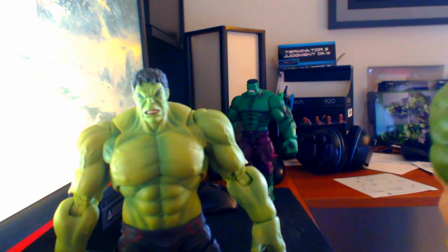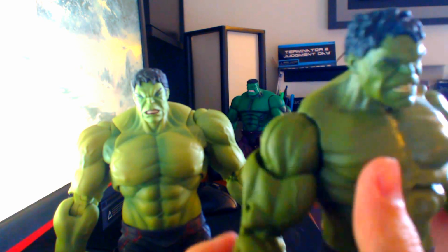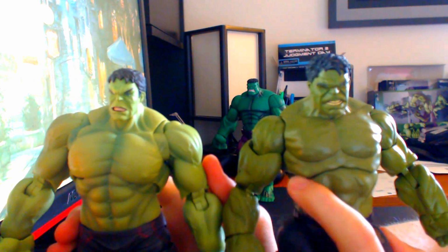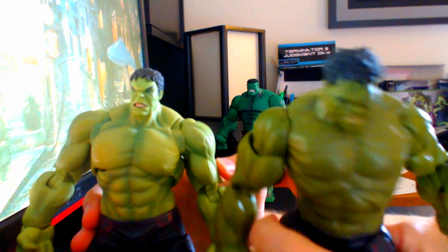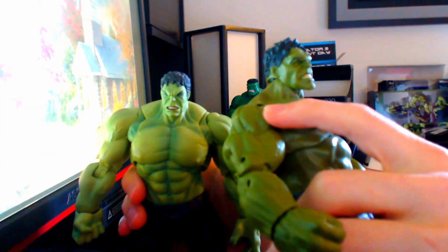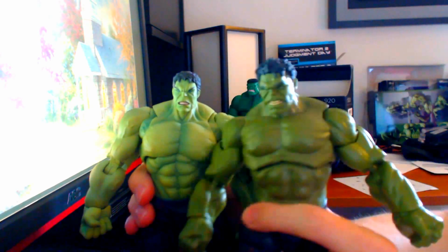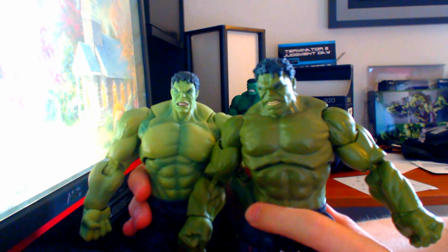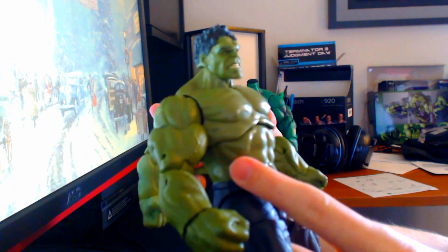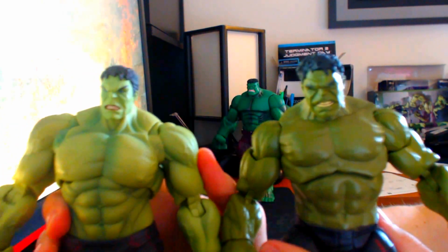I'll show you that here in a second, but if I can get this guy to cooperate, he's really not too much smaller than the Marvel Legends Ruffalo Hulk from, I don't remember what movie this one's from. Oh, the Avengers. I think this is the Avengers Hulk. I don't know. That's the first Hulk, isn't it? No, I have that one. This must be the other Age of Ultron Hulk. Aha, it is. He just came out 6 months before this guy, so I forgot what movie he is from. But anyway,